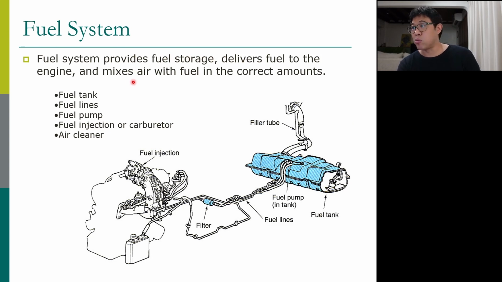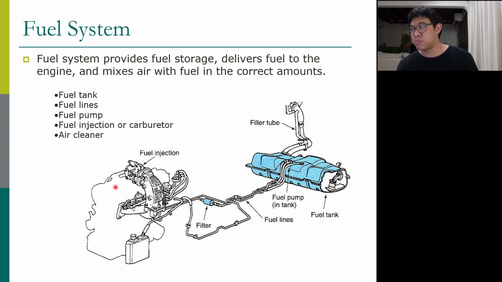The fuel system basically provides fuel storage and delivers fuel and air into the engine, and also mixes air with fuel. So what you have is a fuel tank under the car. When you fill in fuel, the fuel goes into the tank like that, and then there is a fuel tube, or fuel line. There's a fuel pump inside the fuel tank that pumps the fuel through this fuel line to the engine. This fuel injection system is one type of system that combines fuel and air. It injects fuel into air to mix fuel with air,